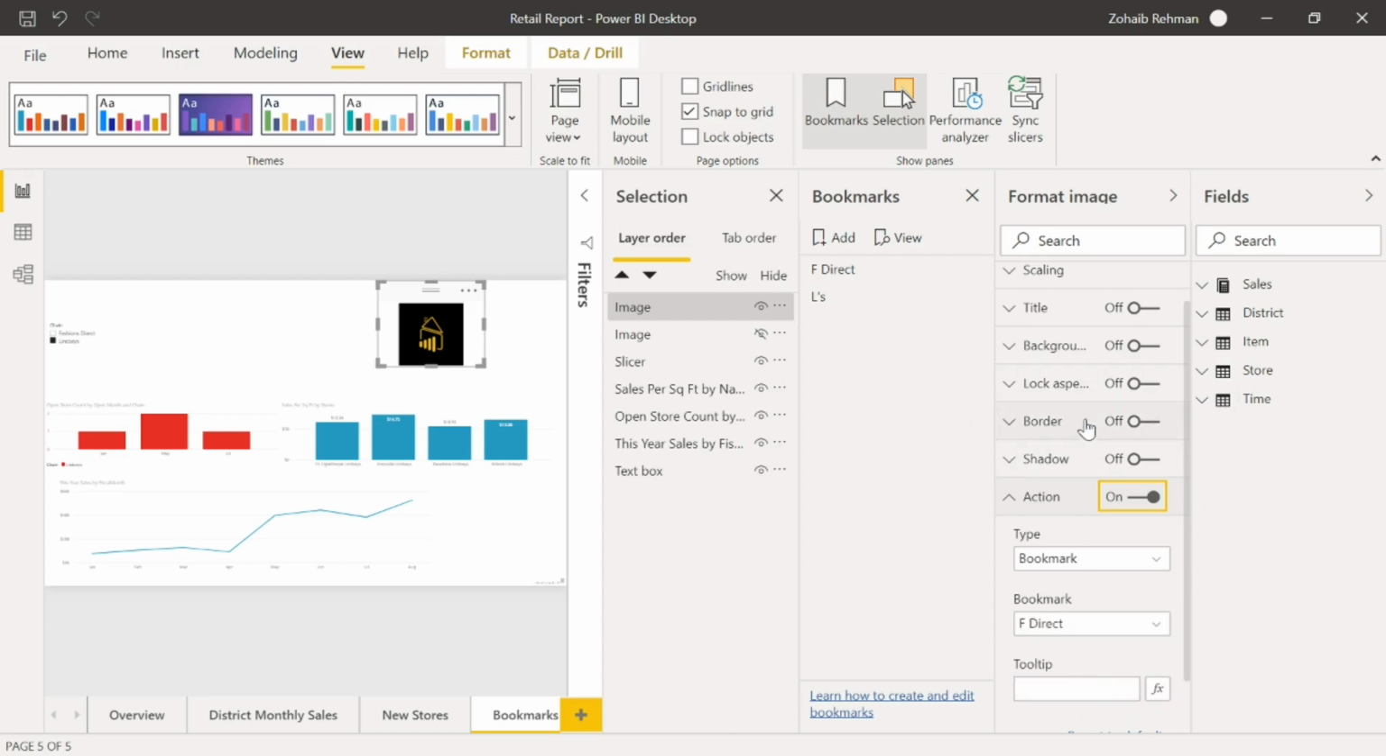And then what I need to do, once I've done that, I need to go back up to the L's, click on the ellipsis and go update. Right? Cool. So then we need to do it for the other one. So if I go into F direct now,